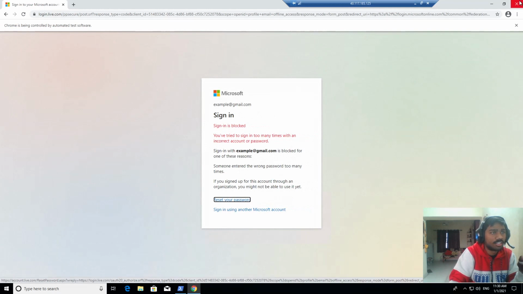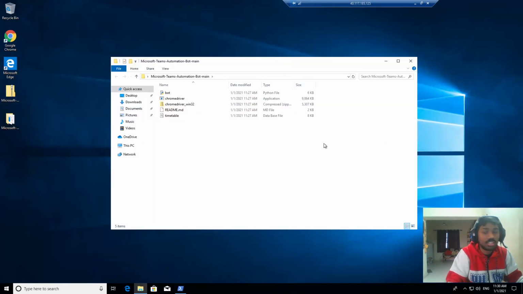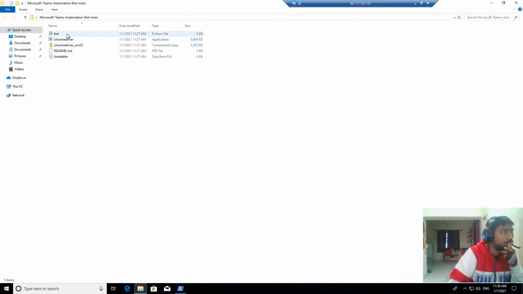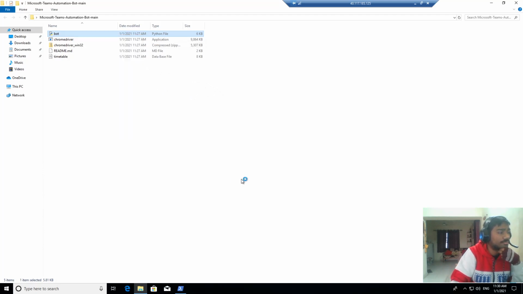This will give an error because I have not given my right email ID and password. So I'll change this and join you back. Okay, as you can see, I'm in the folder, and you can change the password by simply going and choosing edit with IDLE, or you can open it as a text file and edit it.